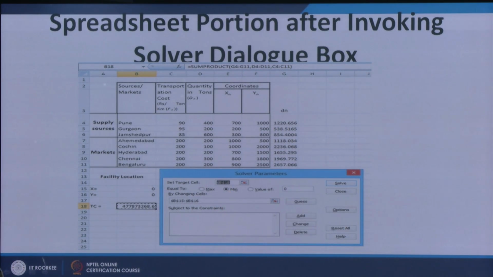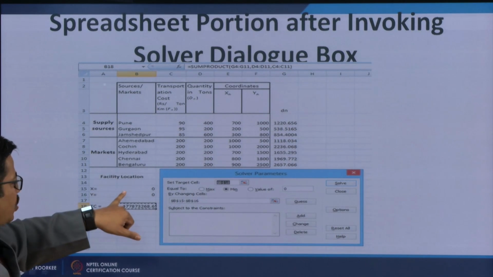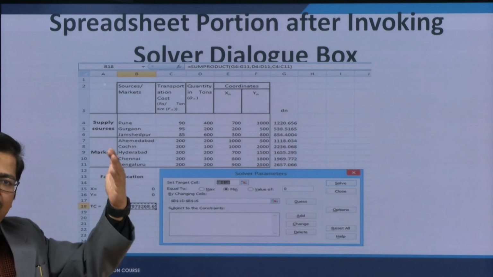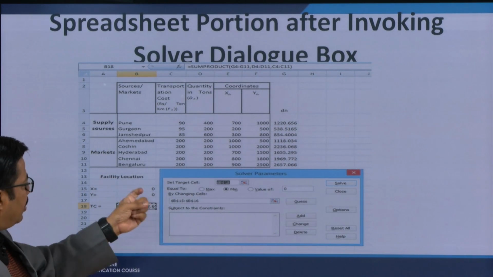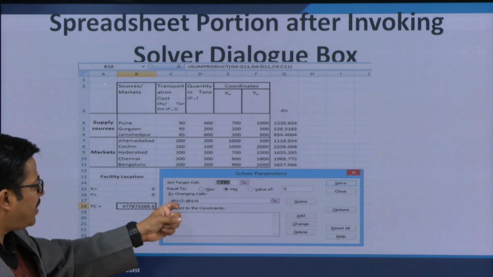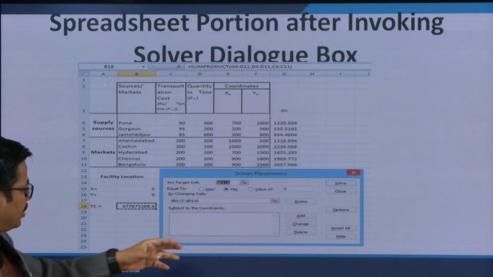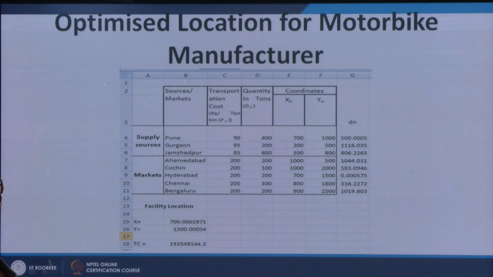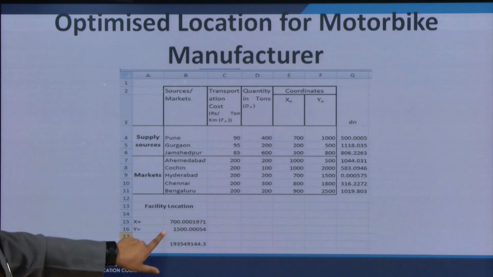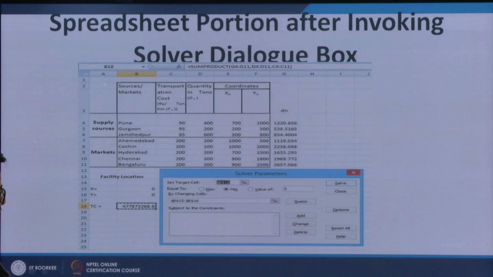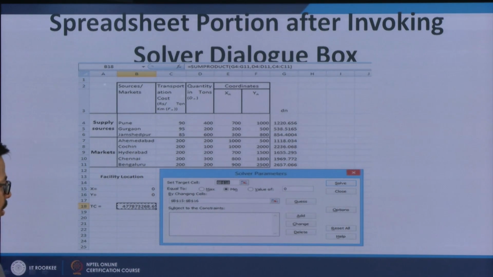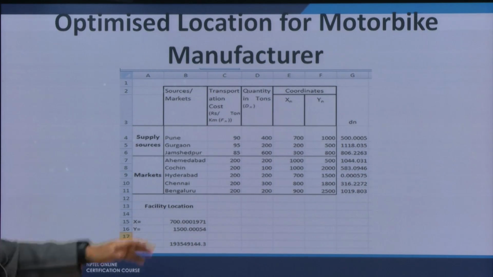Now the minimum value of total cost will be achieved by changing the values of B15 and B16. So by changing the cells, these are the decision variables. If you have knowledge of linear programming, we can say that B15 and B16 represent my decision variables. So these are the changing cells, and with the help of this, now I will start solving this. Once you put the cursor on solve and click this button, this solver will give you this type of optimized result,